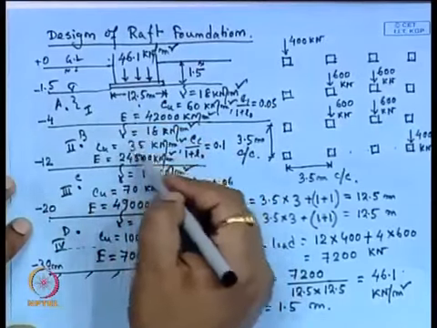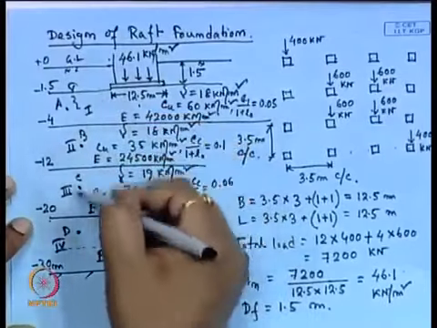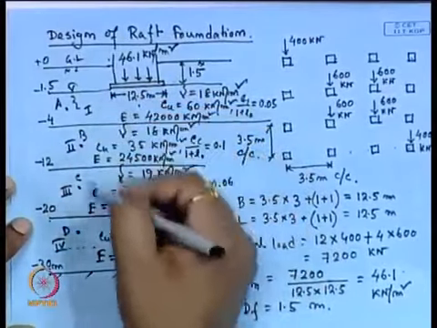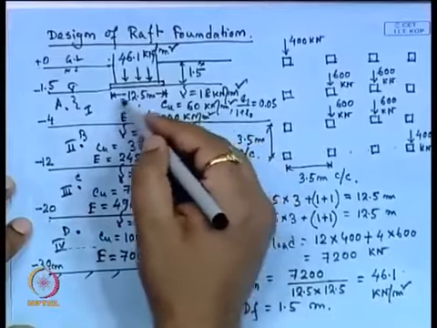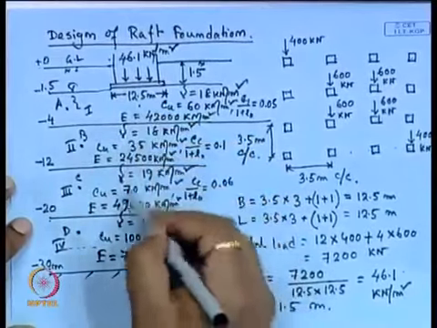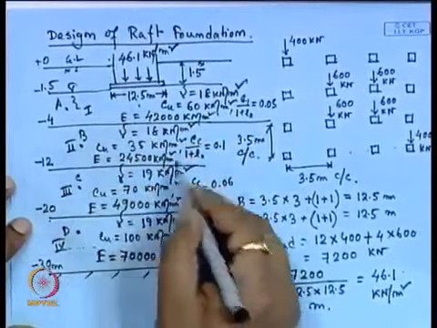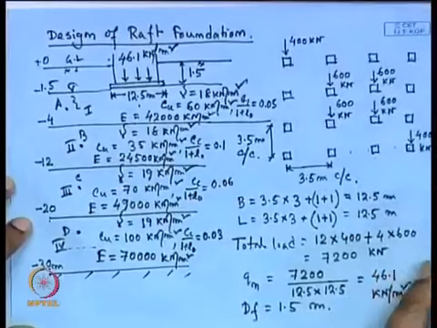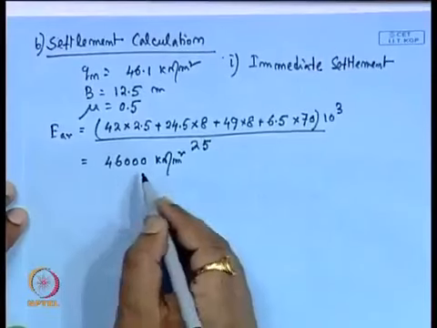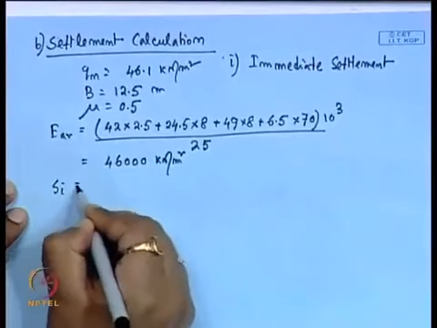So, that is why we are taking the minimum value, but here this is up to 25 meters. So, all the other thicknesses also influence this when we calculate the settlement. That is why we are taking the weighted average value. So, this is 46,000 kilonewton. So, immediate settlement SI is,